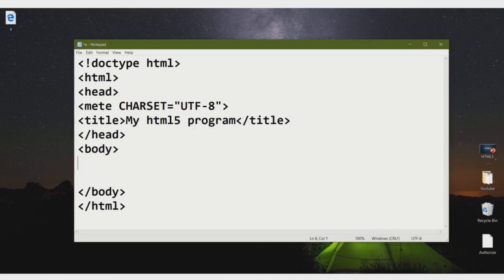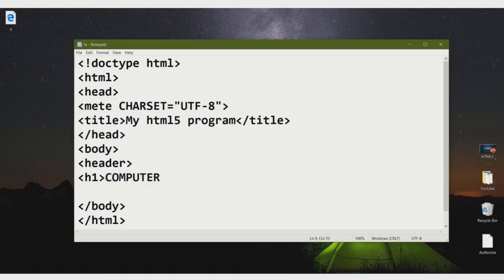At first, header. This tag is used to give the heading. Heading for introduction purpose, this tag is used, header. And then I am writing H1. Suppose I am giving the heading computer.